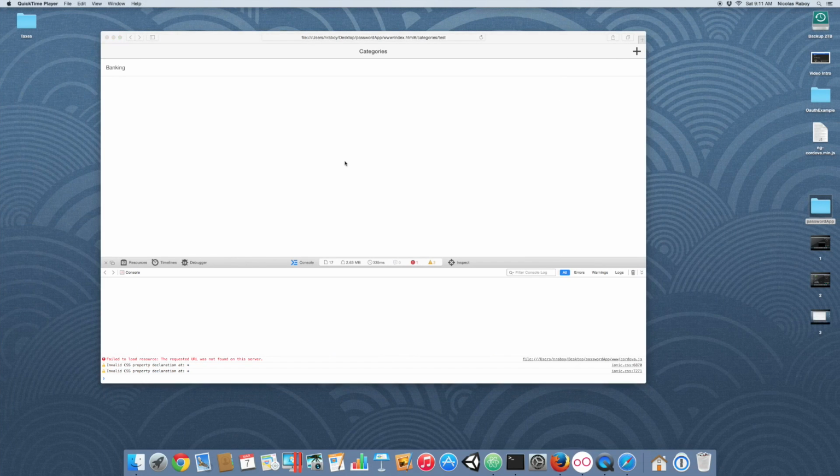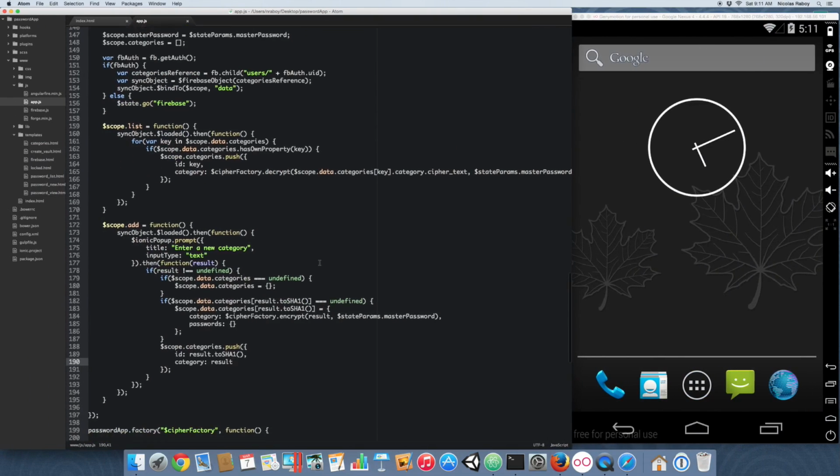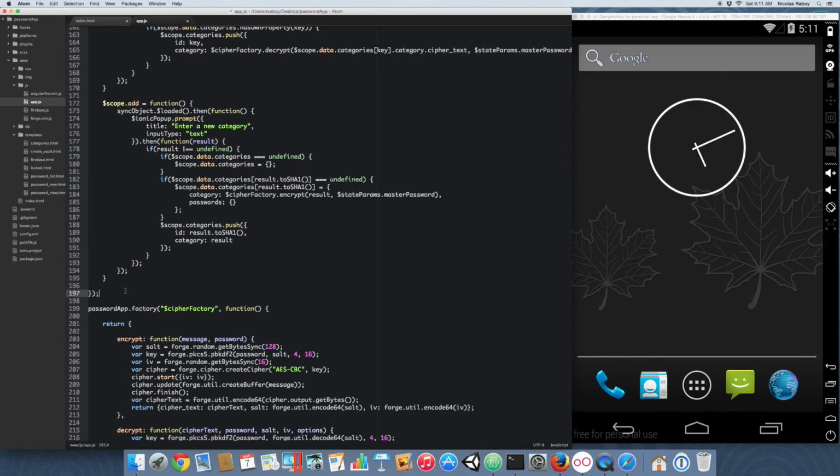This brings us to our final controller. It's going to be a little longer than the other ones. It's going to be our password controller. So let's go back into our app.js file, and let's jump down and create